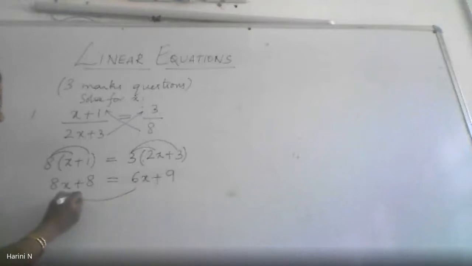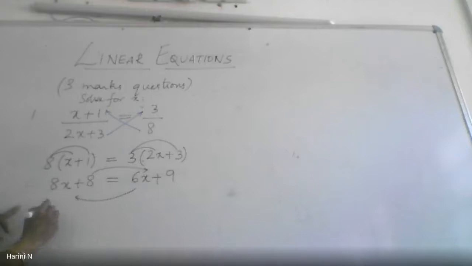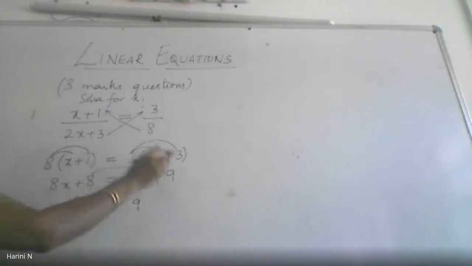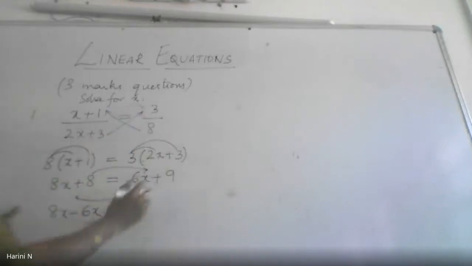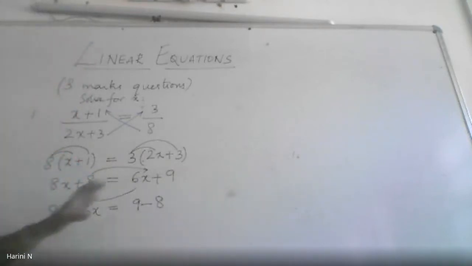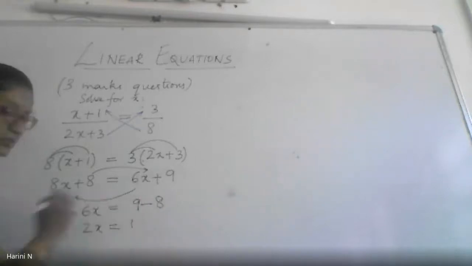So we'll bring the variables to the left hand side and take the constants to the other side. So 8x is on the left hand side. The addition, that is 6x plus is there. So it is an addition here, it comes as a subtraction. So negative 6x equals 9 is already sitting on the right hand side. You take the addition of 8 to the other side, it becomes a subtraction. So this is how you have separated the variables to the left side and the constant terms to the right side. So 8x minus 6x, I know it is positive 2x and 9 minus 8 is 1.